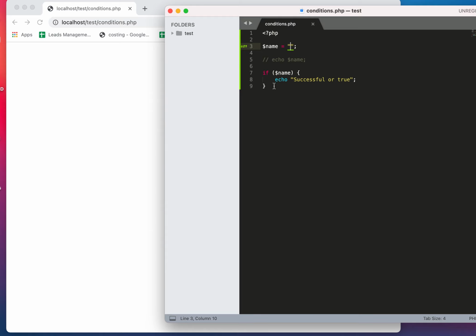So generally what we have to do is write a condition. Many a times we don't need an else condition in PHP. We simply need to check, okay, is this correct or not. So if $name has a string or some value, then it should display, else it shouldn't display. Correct. For example, the user has not given an email address. If you are getting the email address from the database, we just need to check whether the email address is there or not. If it is there, then it will display successful. If it is empty, if the user has not entered any email address, then it will display false. Correct. Understood.